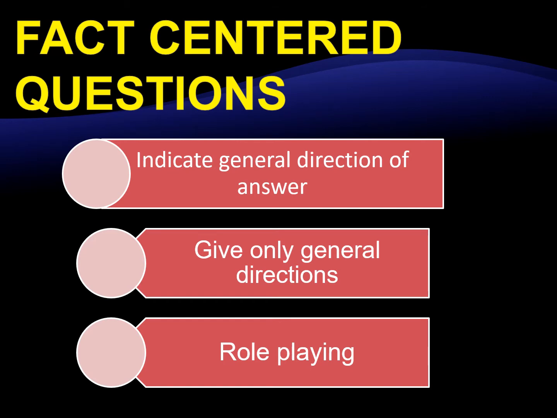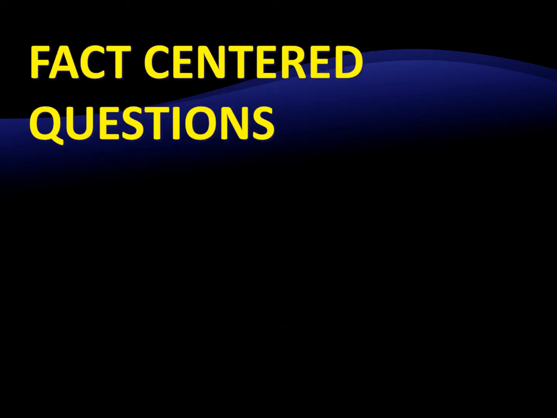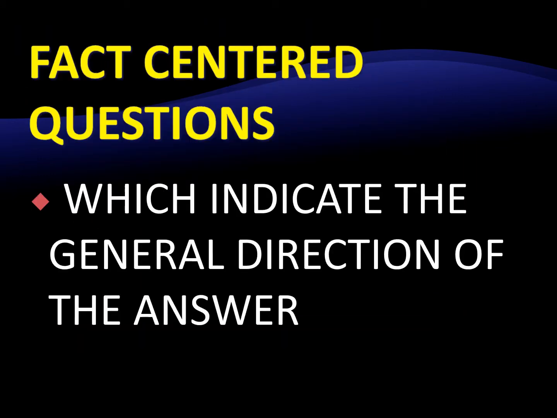First, you have those which indicate the general direction of the answer. And here, as you would notice in our discussion, the question itself points to you how you're going to answer the question. And then you have those that give general directions only. And the problem here is that after reading the question at the bottom, you will keep on going back and role playing. So with that out of the way, let's look at fact-centered questions and see how we're going to address them. First,